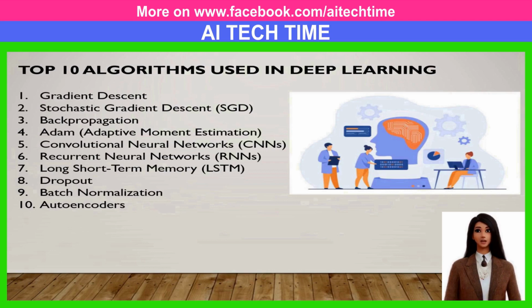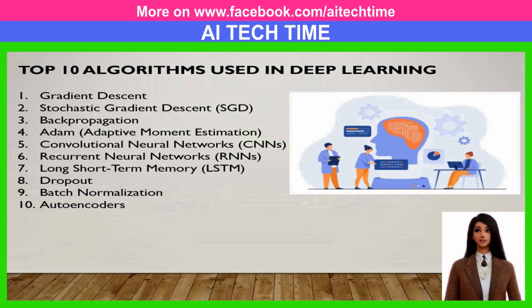Long short-term memory, LSTM, a variant of RNNs that addresses the vanishing gradient problem and can capture long-range dependencies in sequential data. 8. Dropout, a regularization technique that randomly sets a fraction of the neurons to 0 during each